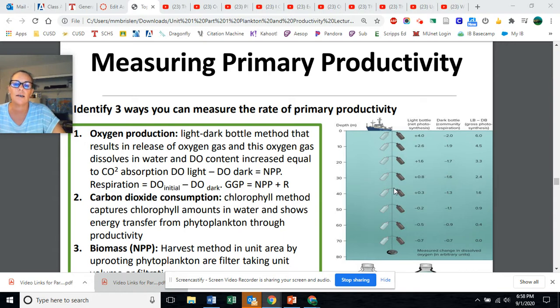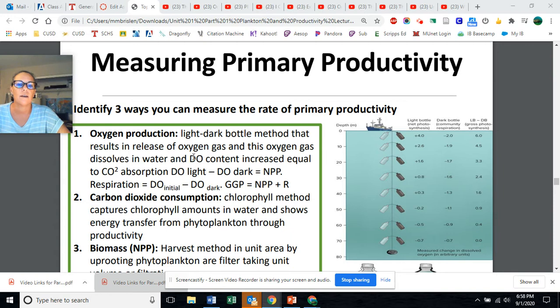We can go down in depth and see where the compensation depth is. So where are they equal? Where is the most prosperous phytoplankton or productive area of the water? We talked about there being lots of other factors that can limit this, but definitely the amount of light will be a factor. So in the light dark bottle method, photosynthesis results in the release of oxygen gas,